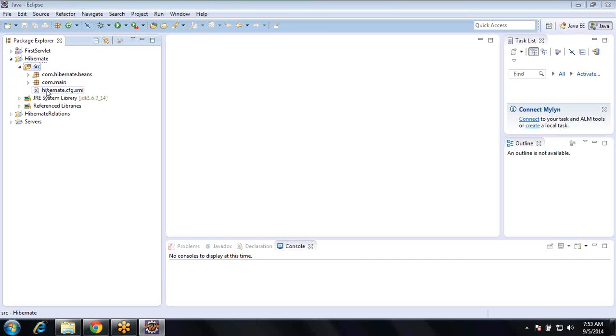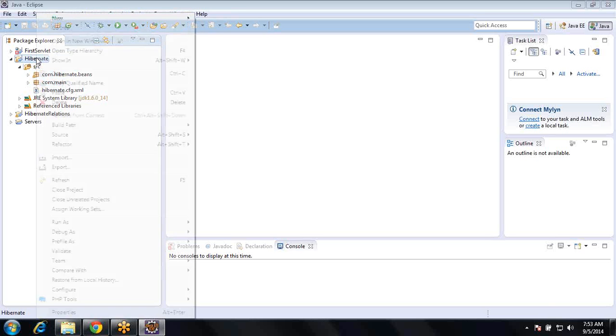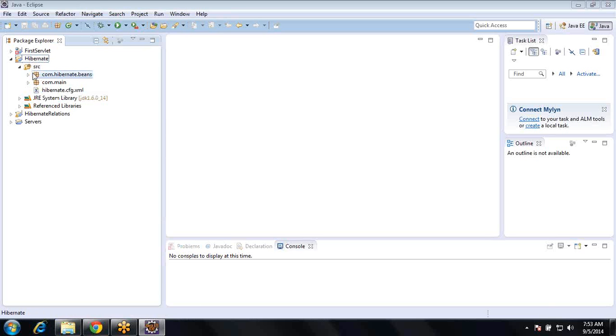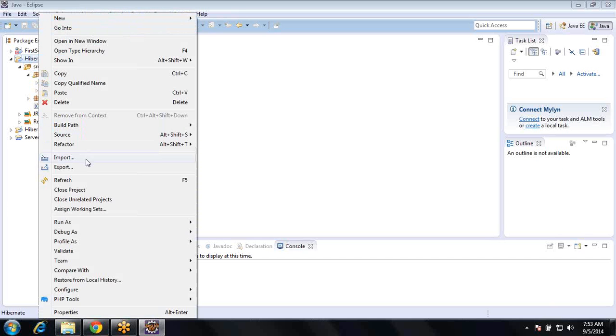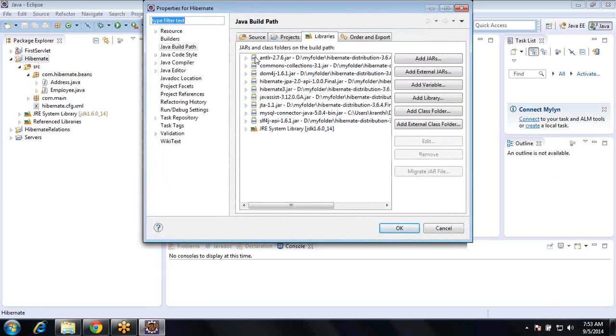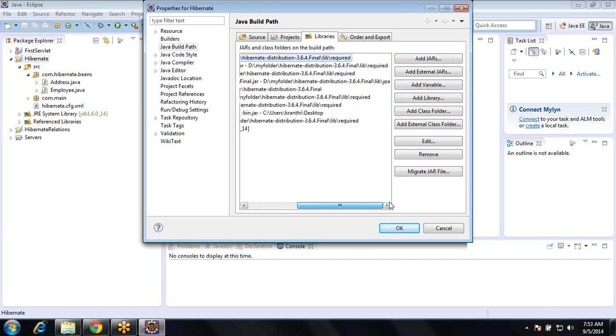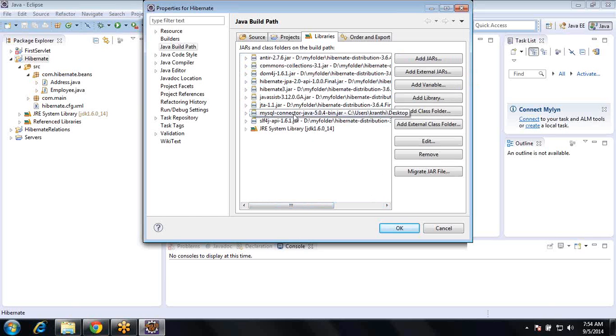Okay, so in the last session we discussed some of the annotations, right? If you see the build path again, the same jar files, the same version jar files. Some are from the required folder, one is from the JPA folder, one is from the database driver folder. Okay,